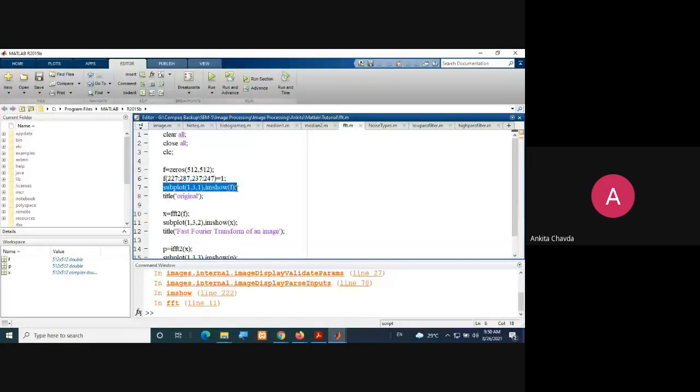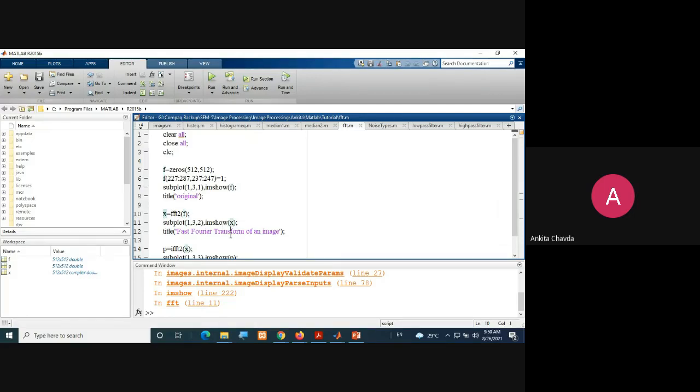I'm just subplotting and showing f, the original image. Then I'm converting it into the frequency domain via the function FFT2, the fast Fourier transform of a 2D image, with this original image f. So that converted image is in variable x.